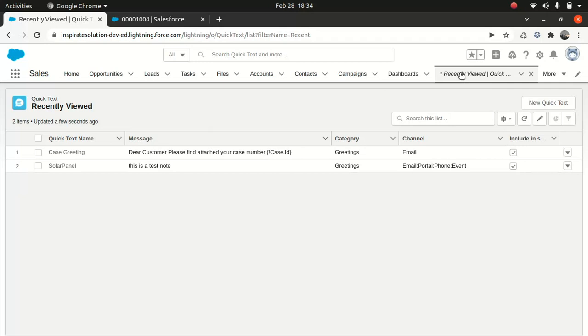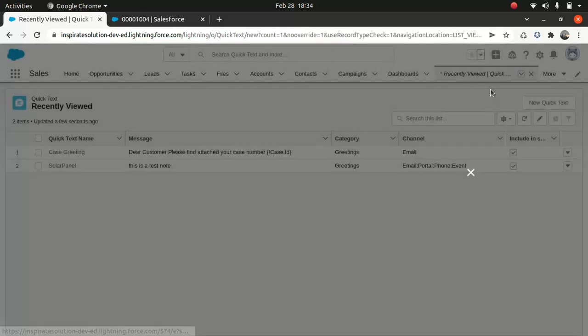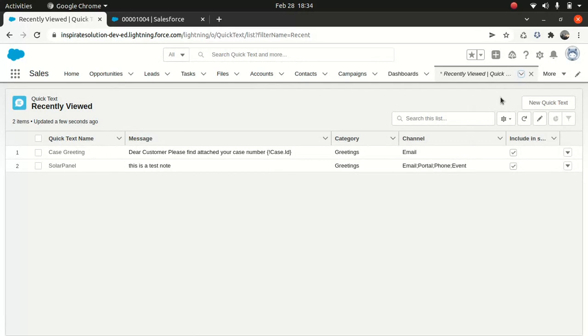If I just say new quick text and go here, the folder option is completely gone. So if you're wondering what the heck I'm talking about,